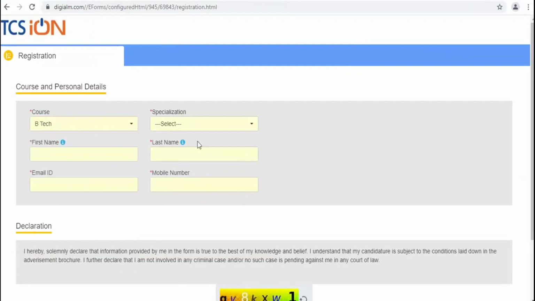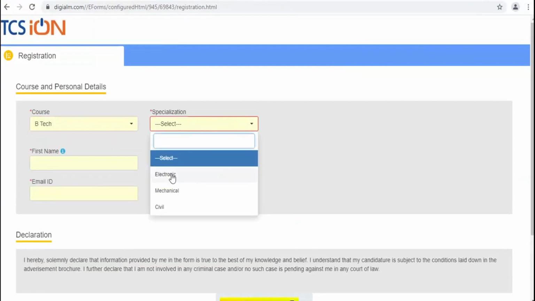I'll keep on filling the form as well, so as to give you the entire view of how the registration process and the application process proceeds.